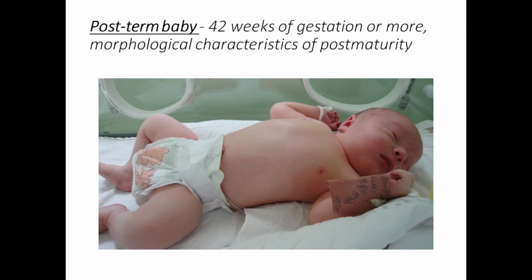Okay, postterm baby, 42 weeks of gestation or more, morphological characteristics of post-maturity. You can find some morphological characteristics of post-maturity. You can think that a postterm baby, why is it a problem? They are just very healthy, good weight, good length, but just imagine some fontanelles closed and some structures of the skull become more